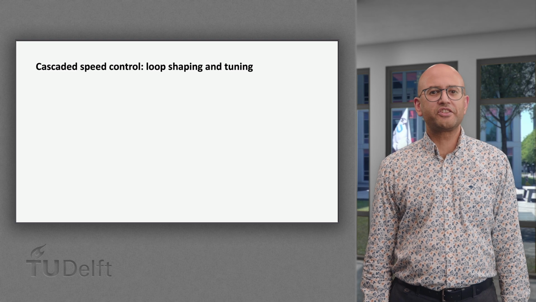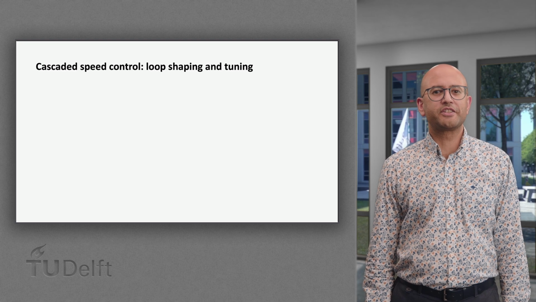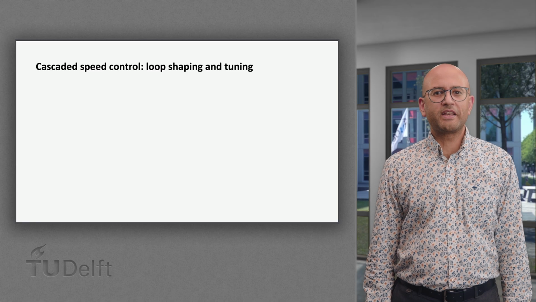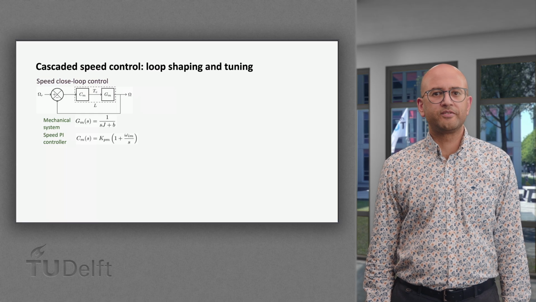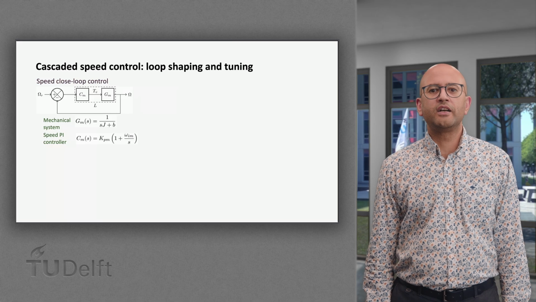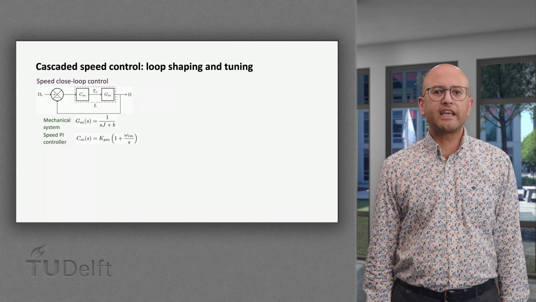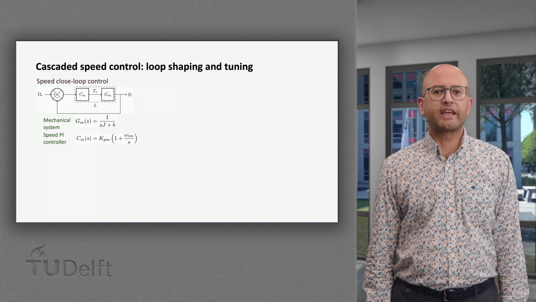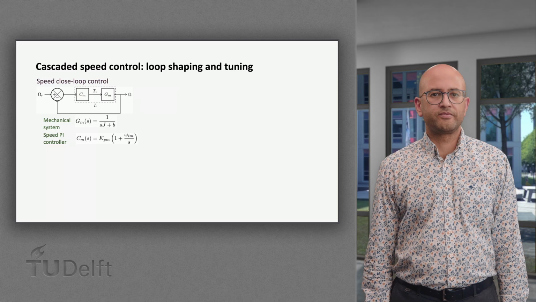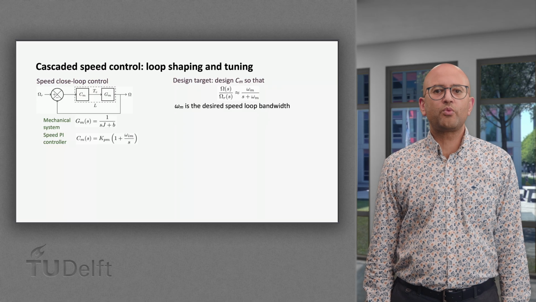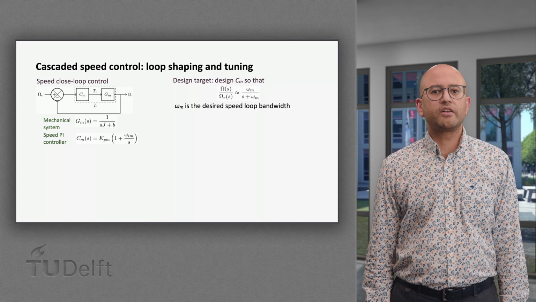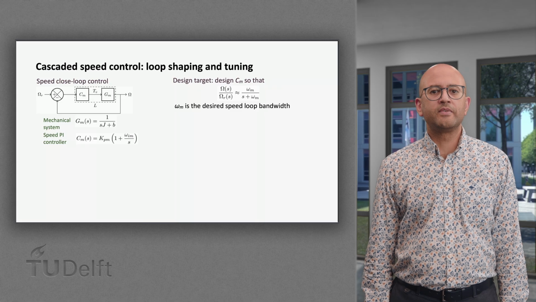Based on the simplification above, we are able to design the speed control loop outside the current loop. We may still use a PI controller. The transfer function of it is given as Cm on the slide. Here Kpm is the proportional gain while omega Im is the targeted bandwidth. We still want the system to have a low-pass behavior as shown on the slide, where omega m is the